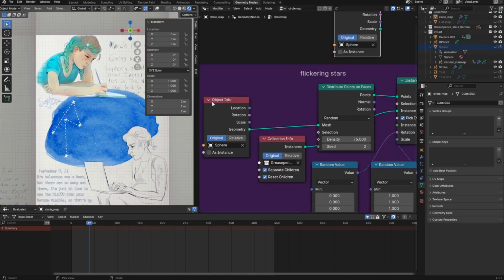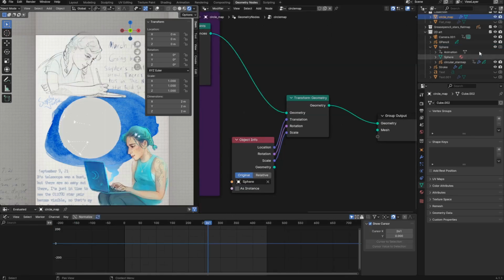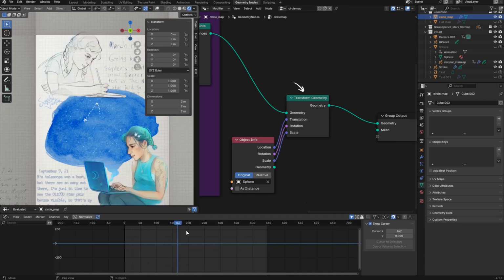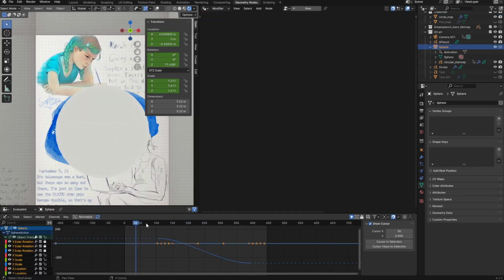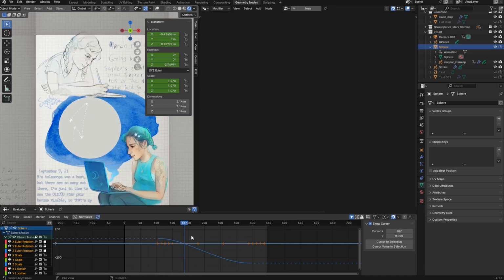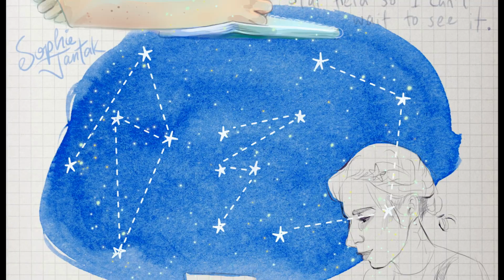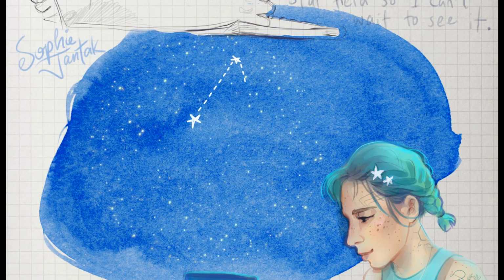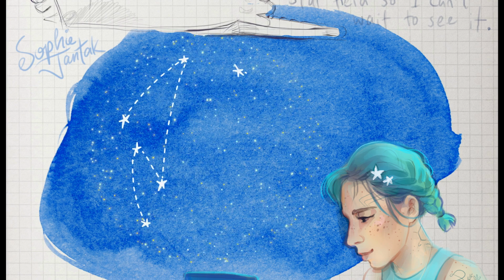I used it for both the mesh base of my star map, that's this here, and also I had my star map match the location, rotation, and scale of my sphere. I did that with a transform geometry node, just plugging in all the values from my sphere object into there. So it's actually this sphere object that I animated, and the geometry nodes just copy that animation. And it's that animation, the sphere shrinking down and starting to rotate, which reveals the true spherical nature of the